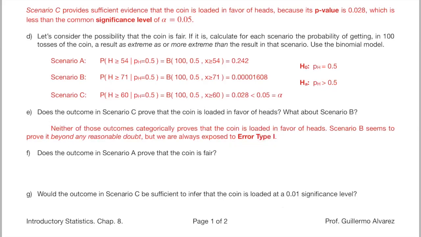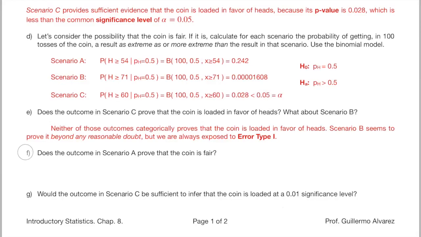Error type 1 is rejecting the null hypothesis when it is true. The smaller the p-value, the more unlikely it is that we are making error type 1. Here we can reject the null hypothesis very confidently. Here we reject it, but with some reservations. Here we don't reject it. In a hypothesis test, the probability of committing error type 1 equals the level of significance. This means that if we use the common 0.05 significance level, we assume that a true null hypothesis will be considered false and will be rejected 5% of the time.